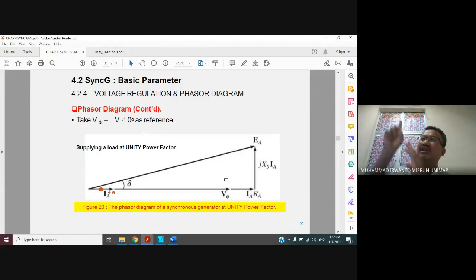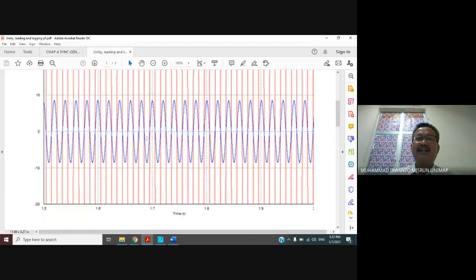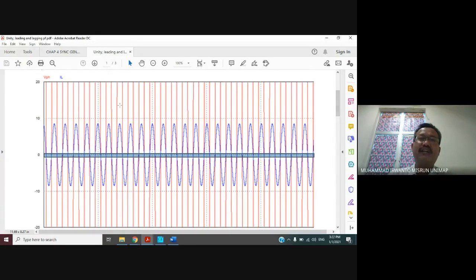Meaning they appear together. Like this, look. As I said before, this is the surface of the water, in this case the time axis or horizontal axis. The current and the voltage will appear on this surface, just like the two people surfacing from the water, which one appears first. So here, we have the waveform of voltage and current.